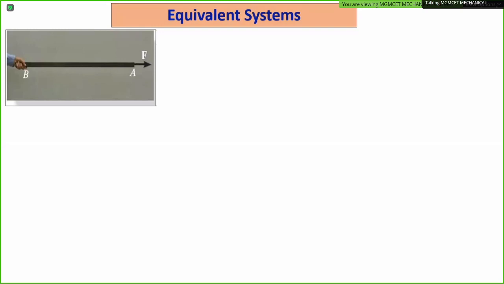Suppose, can you see the diagram? Can you understand the diagram clearly? क्या दिया है? A bar is given where at the point A a force F is acting, right? The bar AB, force F is acting at point A. अब मुझे क्या करना है, इसका equivalent system find out करना है, but force has to be acting at B. फोर्स मुझे कहां पे शिफ्ट करना है, B पे एक्ट करना है.